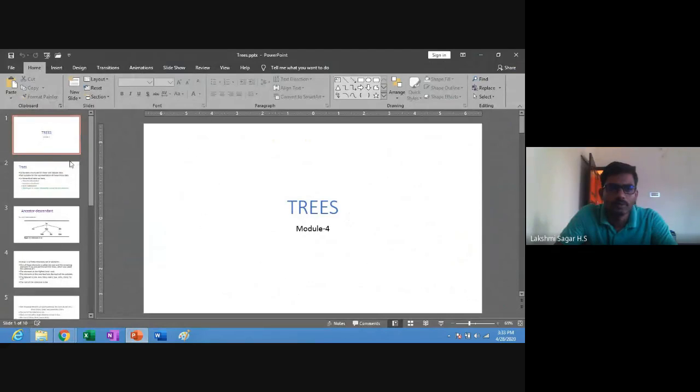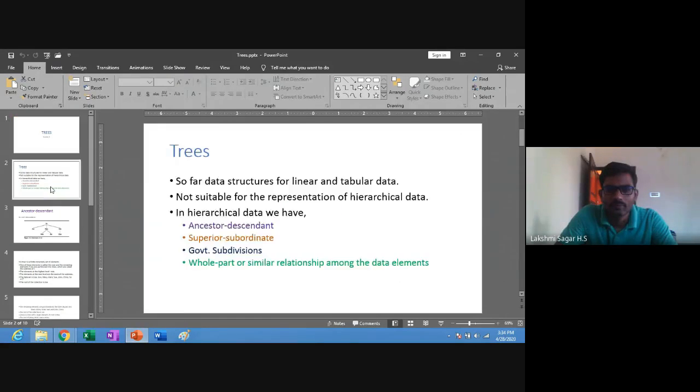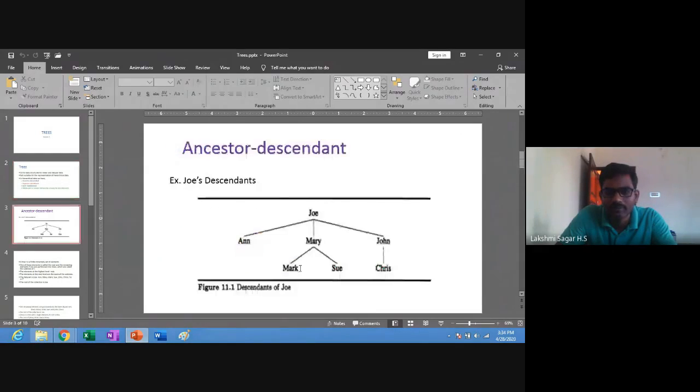So, dear students, welcome to data structure. Last class we discussed trees. In trees, we also discussed the difference between binary trees and trees, where we understood ancestor-descendant hierarchical data systems, superior-subordinate relationships, government subdivisions, or whole-part or similar relationships among the data elements.